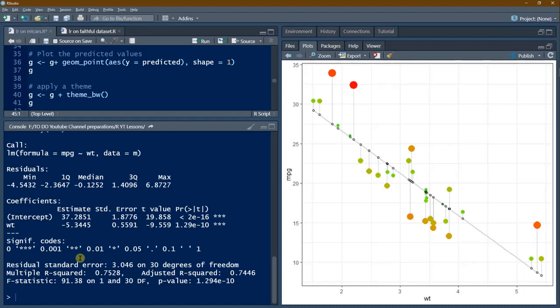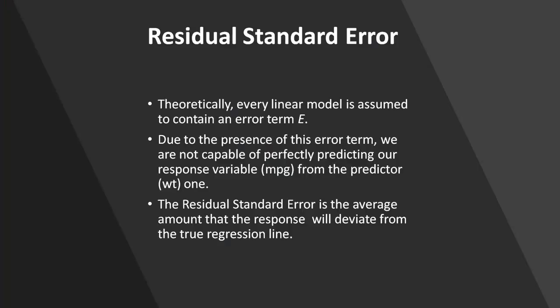Now we see 3 more items. One is residual standard error, multiple R square, then F statistics. All these things are going to help whether the line is a good fit or not. Residual standard error, basically I have explained what is standard error. So similarly, whatever residuals you obtained, all these residuals are not going to be exactly correct.